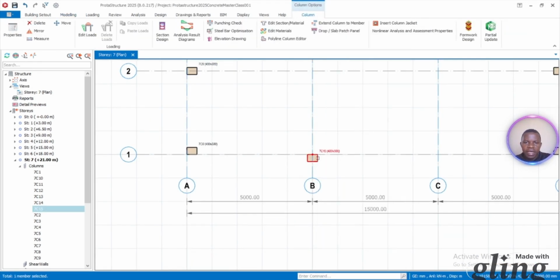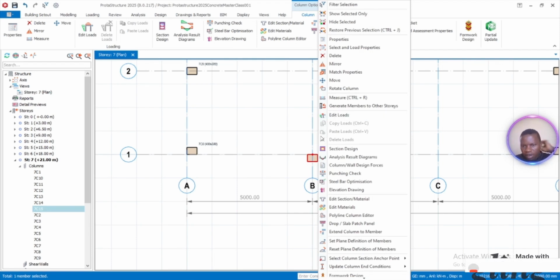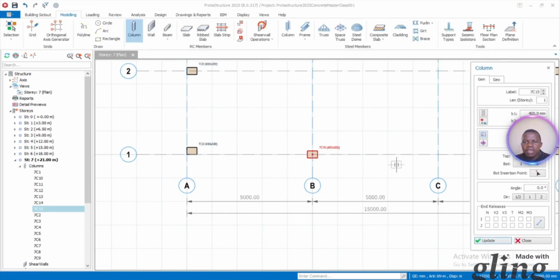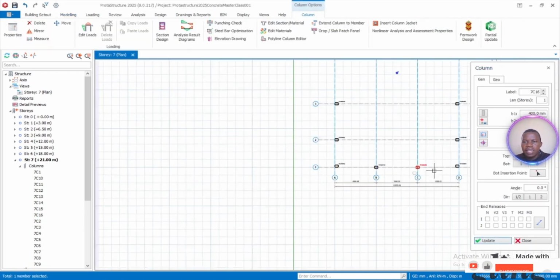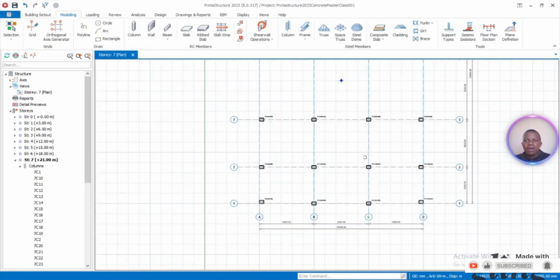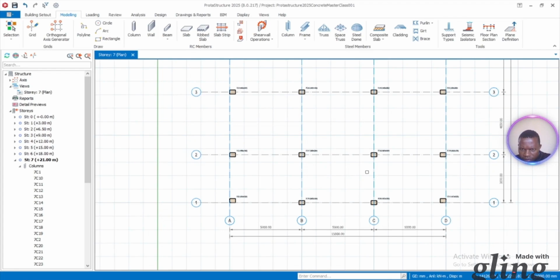So right click here. But this is not the end. On here, we can simply have them at the center. So simply come to properties and choose this center, update, have it there. Then just come and insert that one. So we also have this. Yes, we have all those as our columns. So I believe with